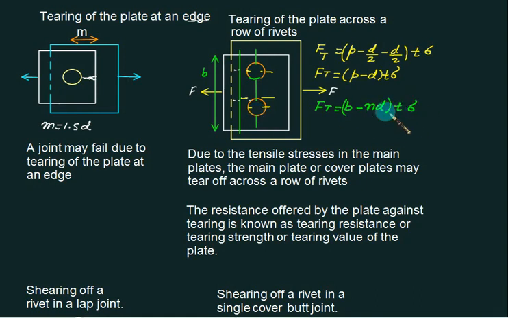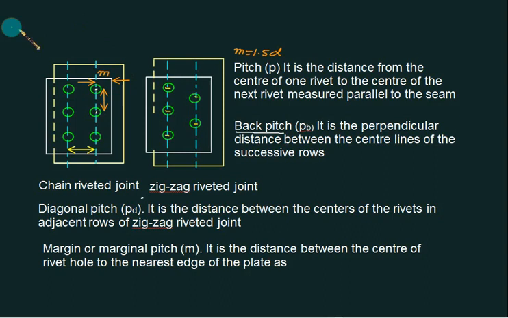So this is the only difference between the pitch calculation and the width calculation. Suppose we have the width given like this. So this one is width B. And this time we have to consider one section plane here. Is it the strongest plane? Because it has a full resistance equal to B.